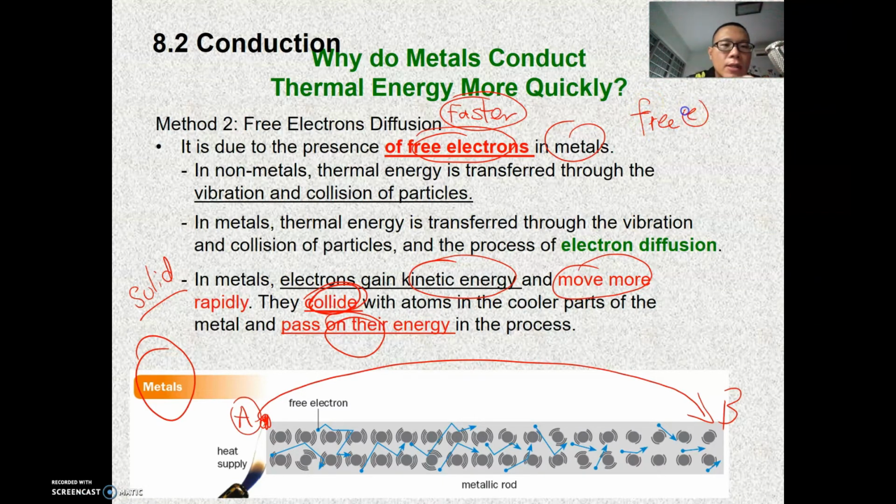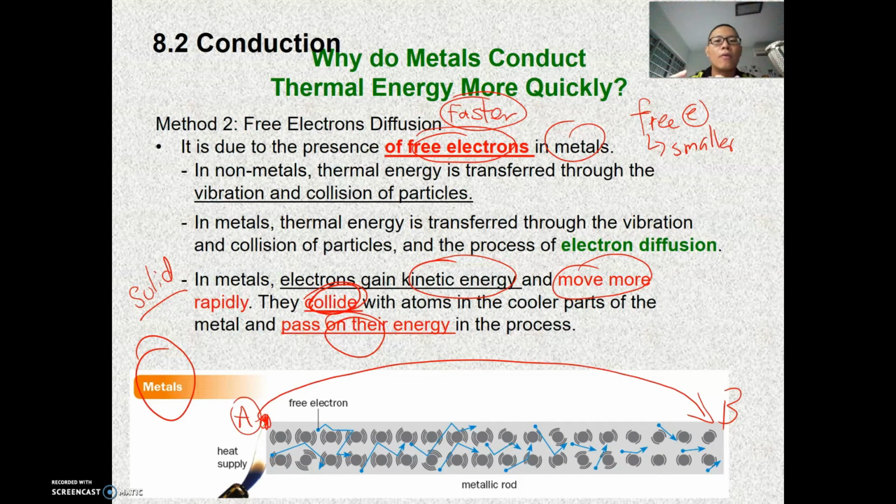Okay, the free electrons are actually smaller in size and in mass, and because they are smaller, they are able to travel at a faster speed. They are able to travel in between the molecules, the particles inside there, and because of their high speed and smaller size, they are able to travel further and faster. And because of this, collision will actually take place at the further end,